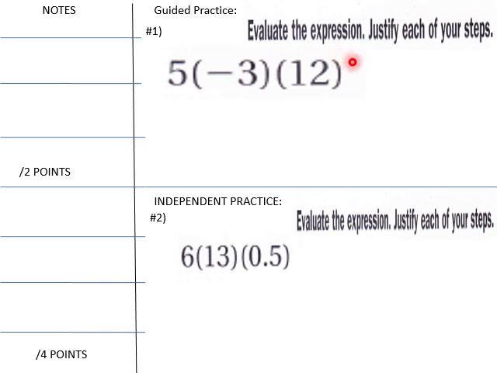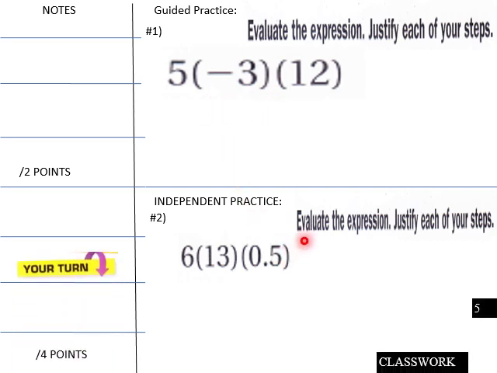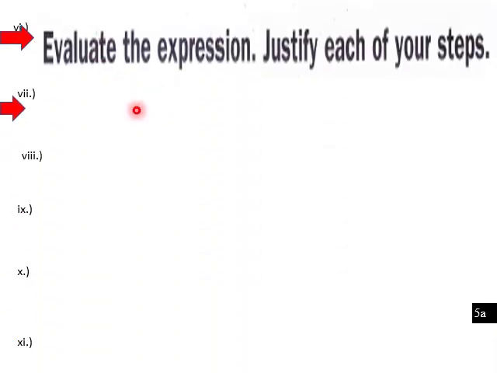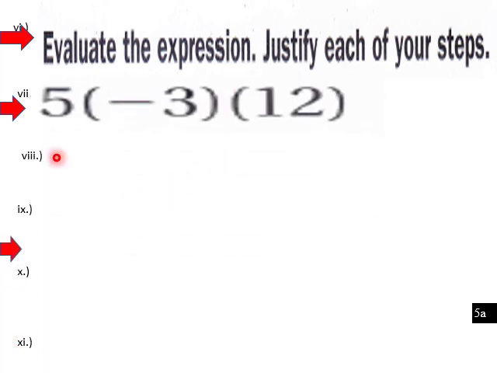So evaluate the expression and justify each of your steps. So we have 5 times negative 3 times 12. And then down here, students, this is yours. We're going to do this one up here right now. So for this one, evaluate the expression. So 5 times negative 3 times 12 will be